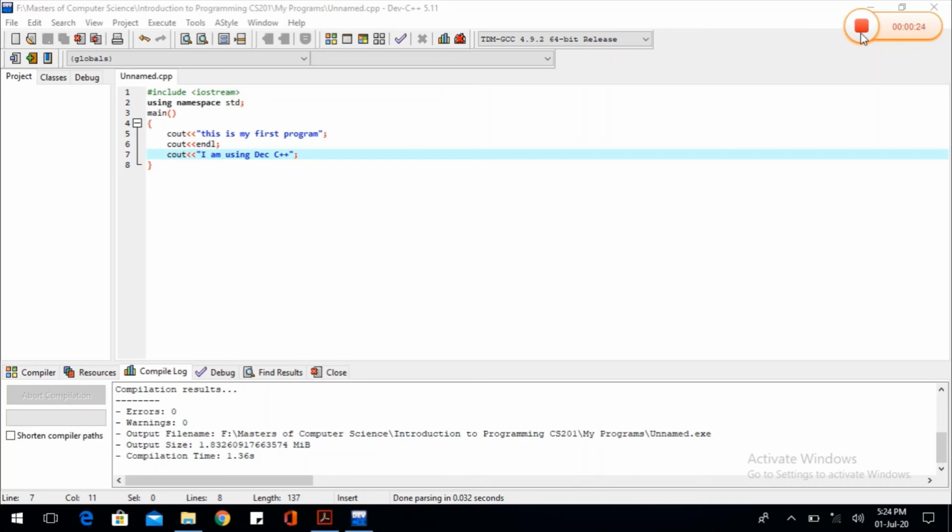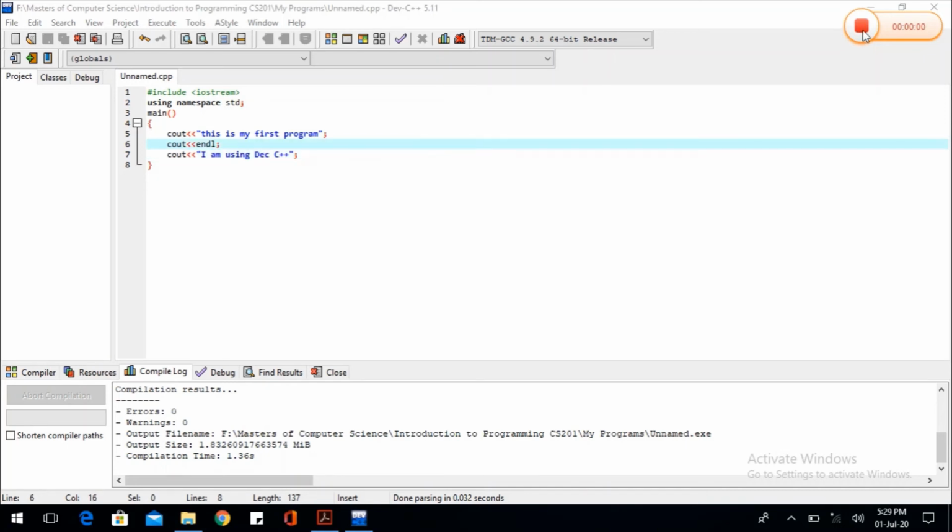We're going to shift the control to the next line. In short, we can say that there isn't any need of putting double quotes around the endl statement. So that's it. I have added an end line statement in between our two cout statements.